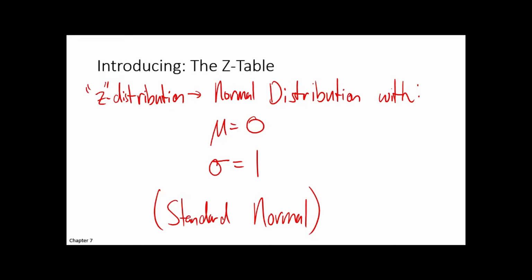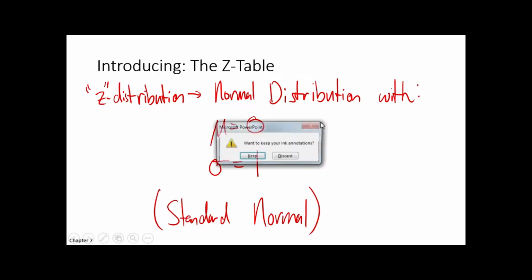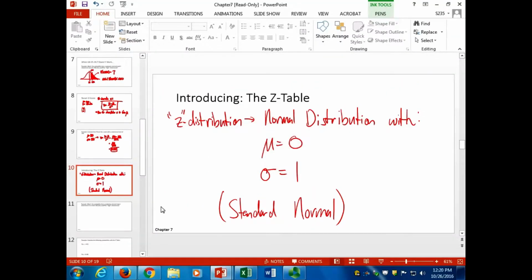Okay, so there's infinitely many normal distributions, right? A normal distribution can have any mean and any standard deviation. But what we've realized is that if you start calculating z-scores, all these normal distributions start looking the same. They all start looking like the standard normal distribution or the z distribution. So what statisticians did a long time ago, before we had nice computers, really handy, is we created this thing called the Z-table.